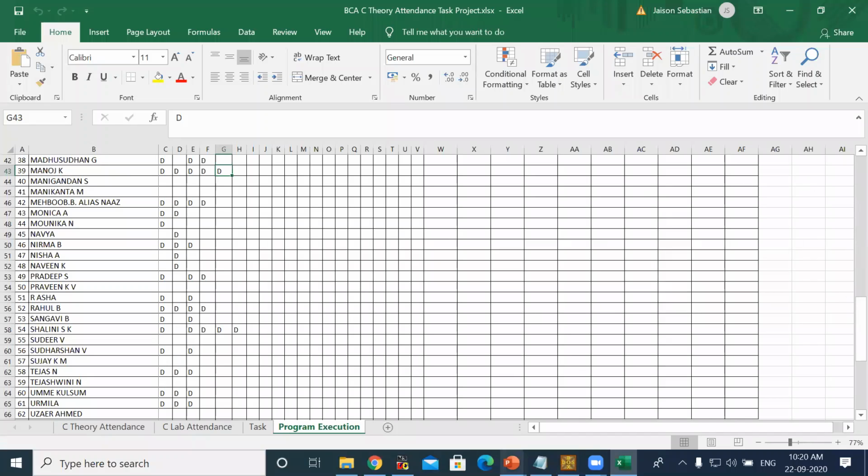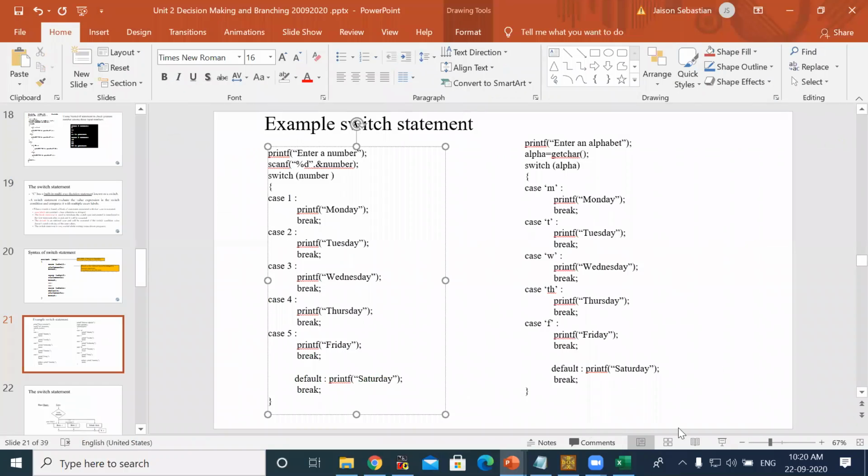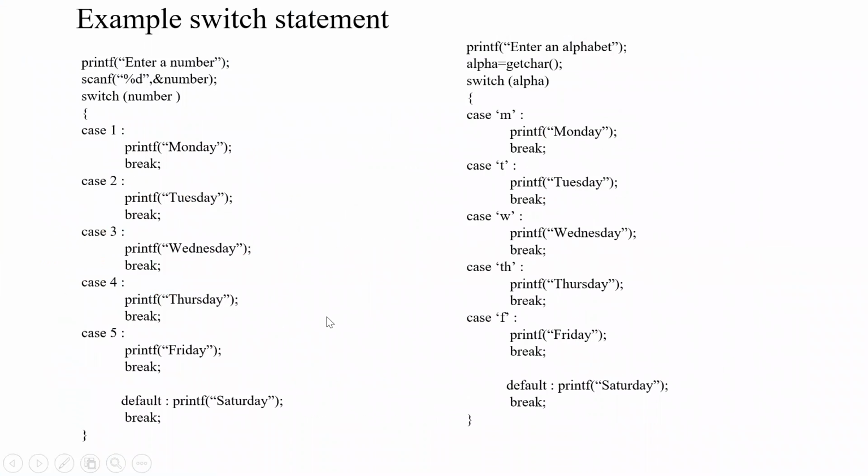Praveen, you just tell me what will be printed if I am entering 2. What will be printed if I am entering 2? Yes, ma'am. See through the line. If I am entering 2, what will be printed using the switch case?